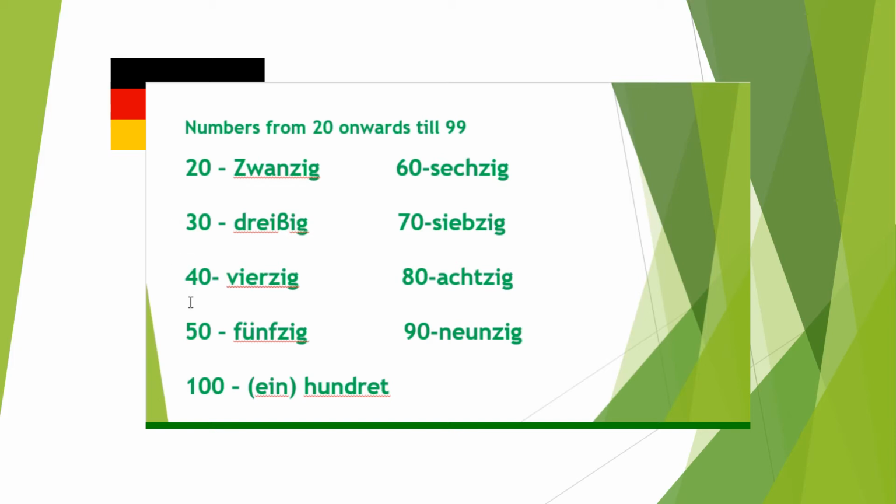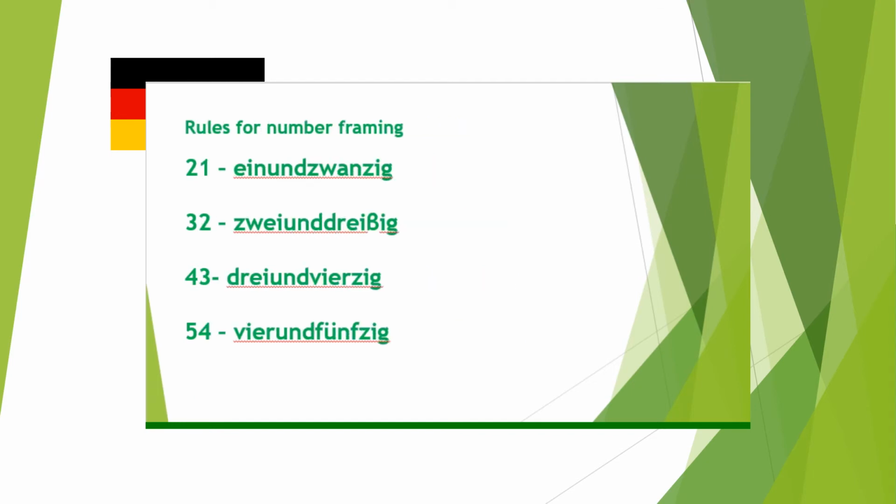If you look here, you will find drei, vier, fünf, acht, neun, and then simply zig or ßig. The exception here is 30, it is dreißig, with this sharp S. But in the rest of the cases it is this Z. And for 60 and 70, the 6 is sechs and the 7 is sieben, so instead of sechszig, it is sechzig, and 70 is siebzig. Going to the next slide.